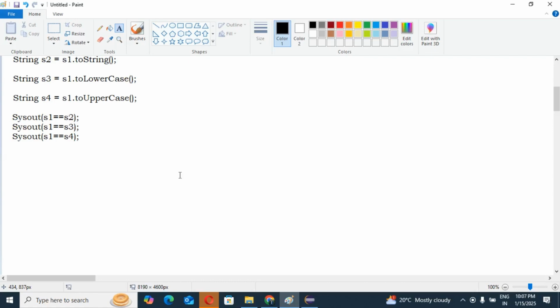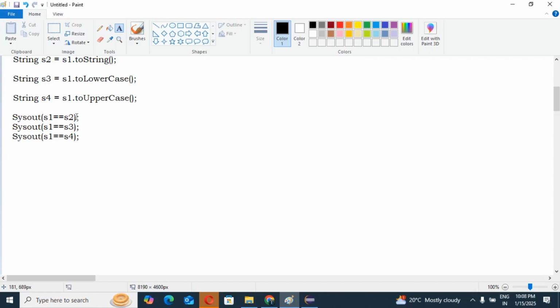If we try to change its content, then for those changes a new object will be created. That thing you need to check.